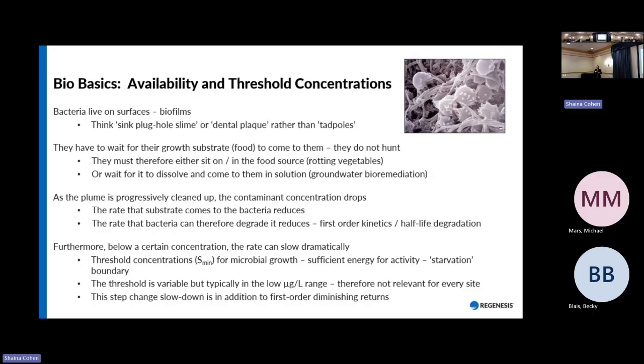So we can end up in situations, when we're talking about natural, intrinsic bioremediation, where if the concentrations of the contaminant are too low, or the bacteria are not able to have enough food source to do these reactions effectively, the populations will decline, and ultimately it's not going to be efficient if we don't have enough of this biofilm growth for the bacteria